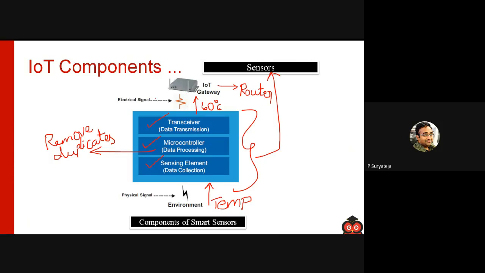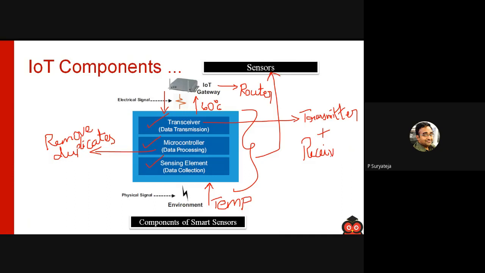Similarly, the gateway can also send some data to the sensor. Let's say you want to stop the sensor, start the sensor, or restart the sensor, like that. So transceiver means transmitter plus receiver.